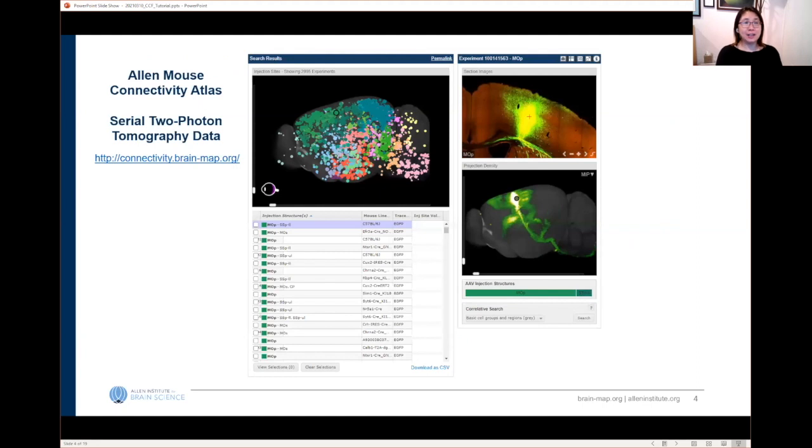Okay, so let's start at the beginning. Where did all this data come from? 2,000 mice is a lot of mice. So the data came from our Allen Mouse Connectivity Atlas. It is a rich data set with projection information on the mouse brain. What is special to us, as people who have to deal with image processing, is the way that the